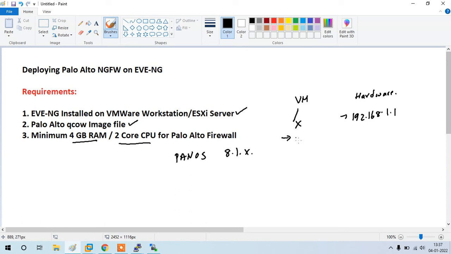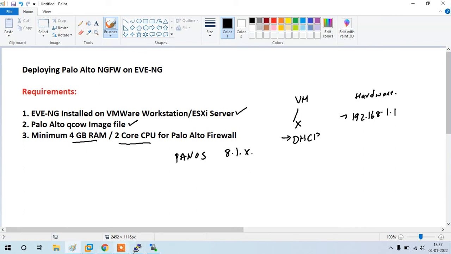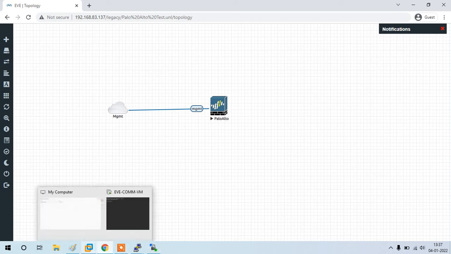They are set to DHCP. So if any DHCP server is configured over here, it will get an IP address automatically, right?